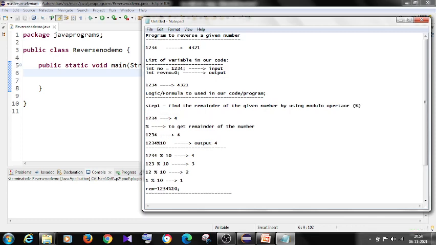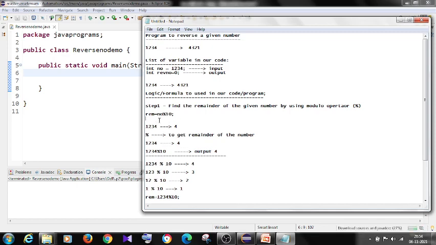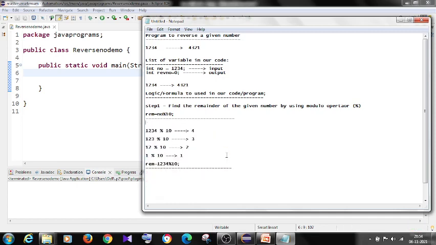And the formula will be remainder equal to number modulo 10. Okay, this is the one. The step number 1 we have seen here.